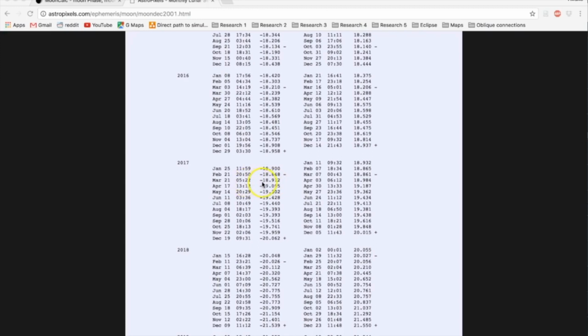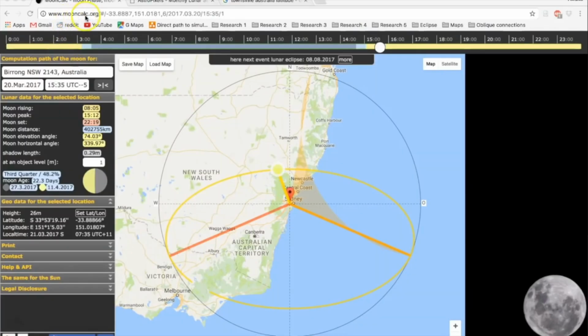This is where the moon is going to be directly overhead on the equinox. So here we are at mooncalc.org, and I've got it set up by Sydney here. We know that what we're looking for is the moon's meridian passing being 90 degrees directly overhead, and we know that it's in the south. We know that it's like 18.9 degrees. Sydney's farther south than that,